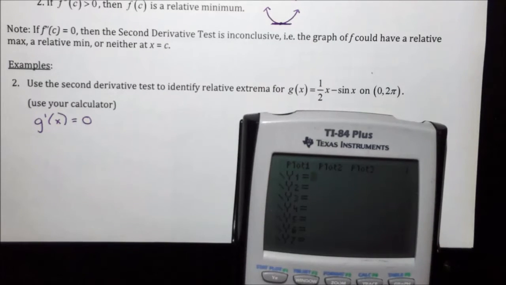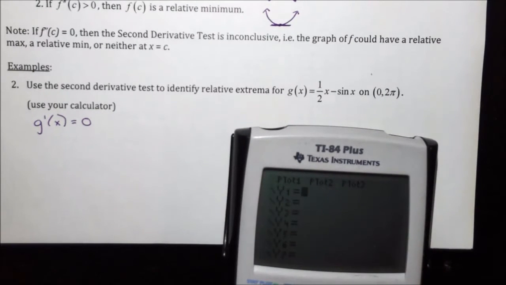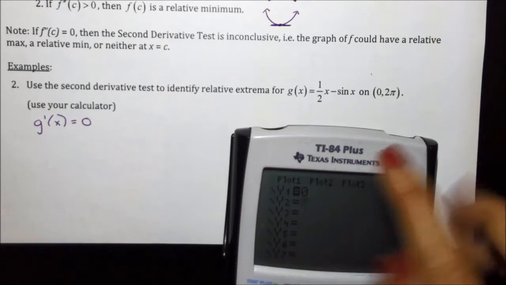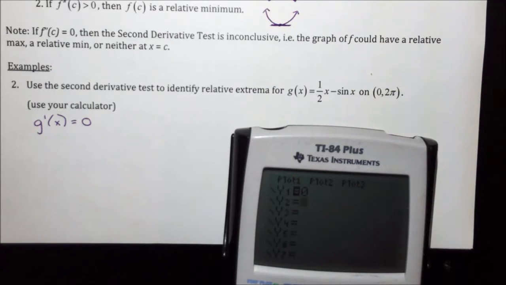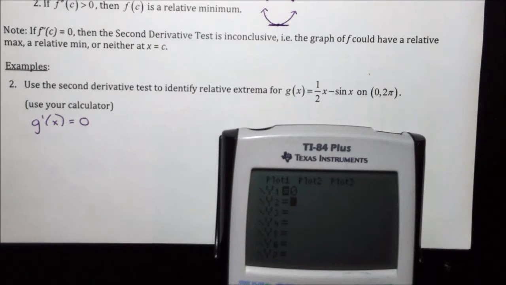And let's type in 0 for the first one, just like we did last class where we wanted to find the intersection. And then since I haven't actually taught you how to take the derivative of this, what you can do is graph derivatives. If you just type in math, get your derivative function,